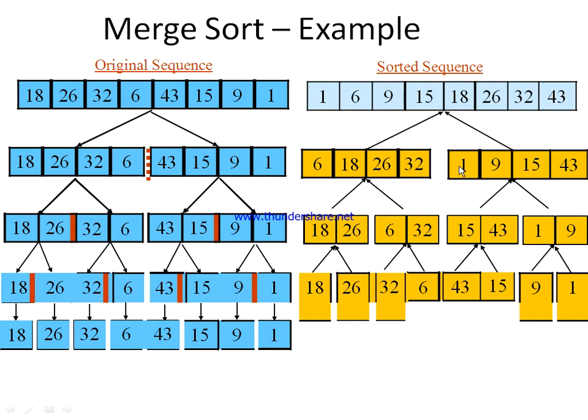So here the element 32 will come after comparison of 1, 1, 6, 18, 26, here 32. And next compare with 9. 9 with 1, no change. 9 with 6, no change. 9 with 18, there may be a swap. So change. Here there is 18, here there is 9. And next 18 with 26, here there is 18, here there is 26. So here 32, 26. And next compare with 19.